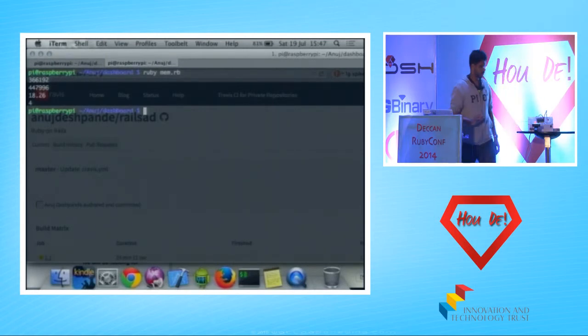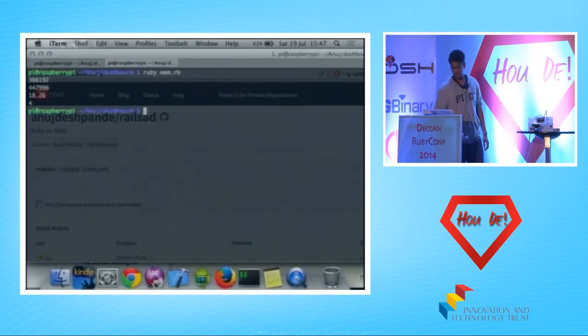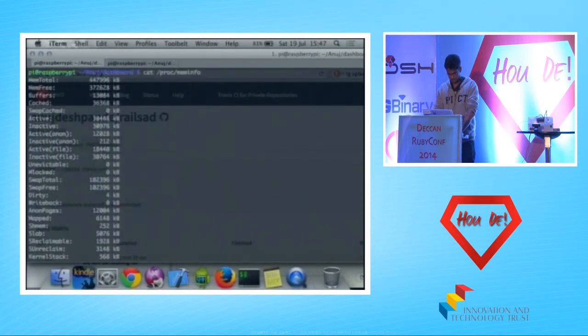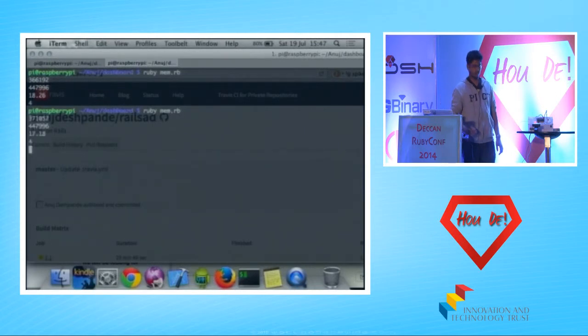Now if you can see on the screen, the value is supposed to be 18.26. Based on the value, I'm going to calculate what my angle is going to be.